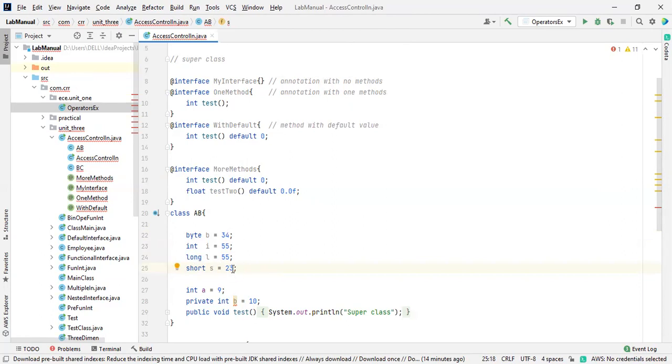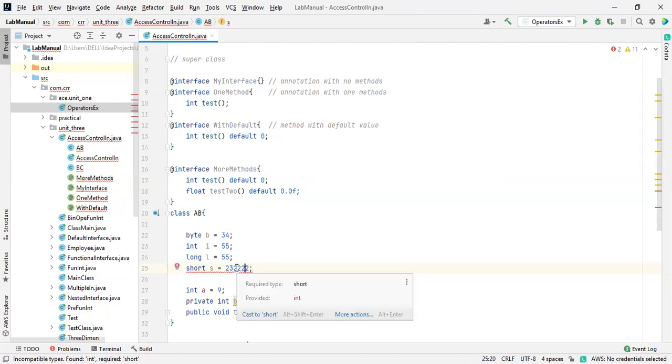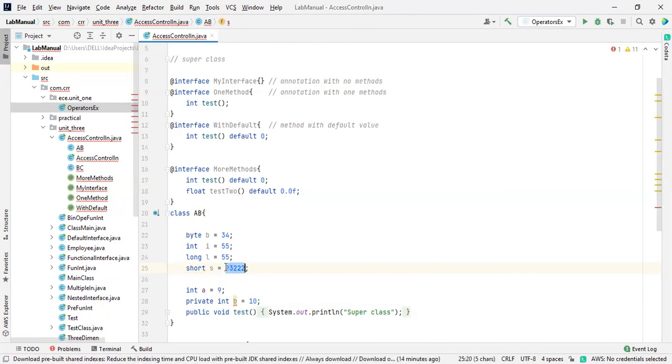See this one, I'm going to increase the number inside a short: 1, 2, 3, 4. See, only 5 digits are allowed over here. After the 5, it is throwing an error. We are not going to use a byte and a short inside a program. We are going to use int and long only, maximum. And the byte allows only 2 digits.